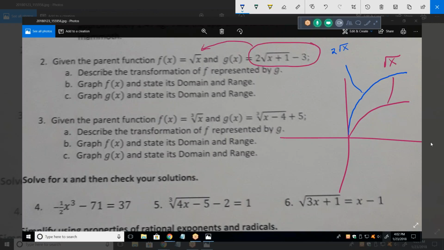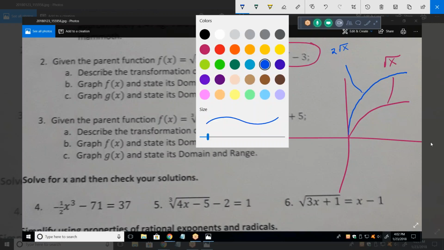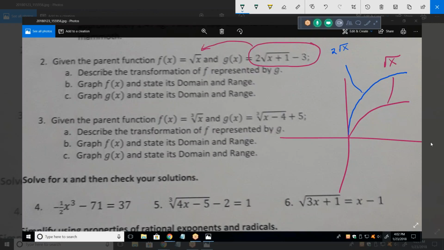Okay. Now what's the +1 do? It's shifted left 1. Okay, good. So we take our blue curve, it doesn't change the shape. It's merely a horizontal shift of 1 unit. So it's going to look essentially parallel to the blue line. Okay, and that is 2 root